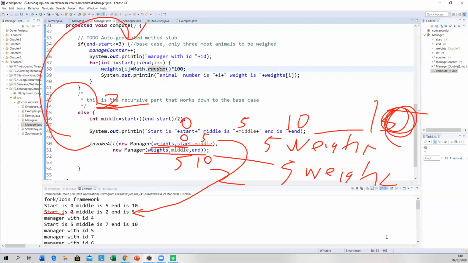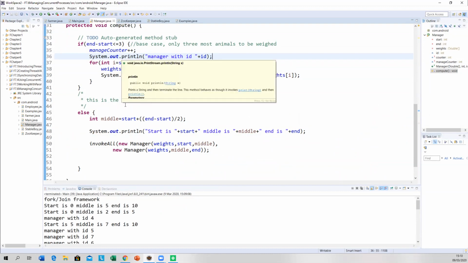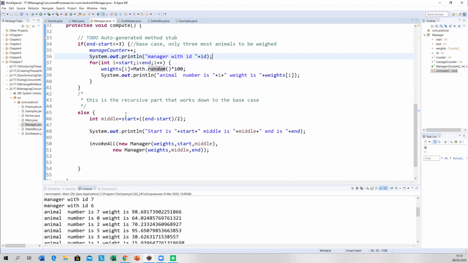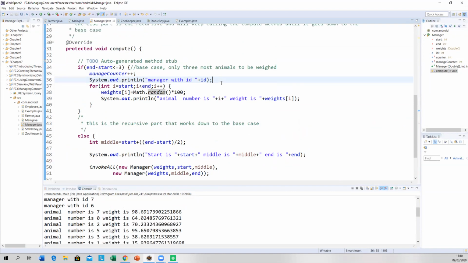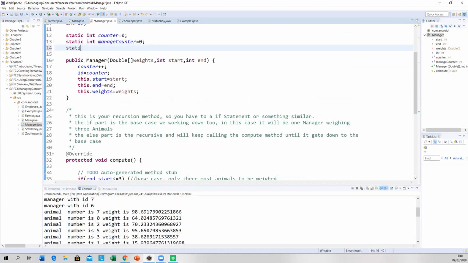Now, how I can do that is, so manager counter, manager with ID 4. What I can do is I can put in static int animal count.